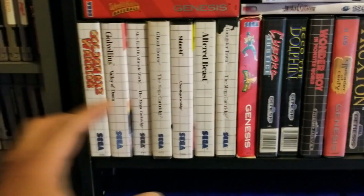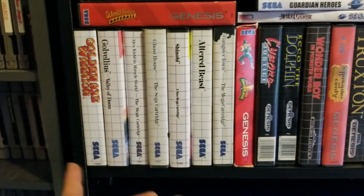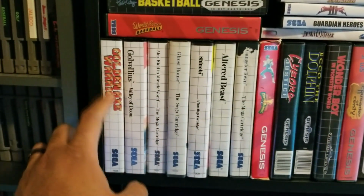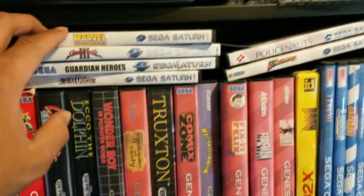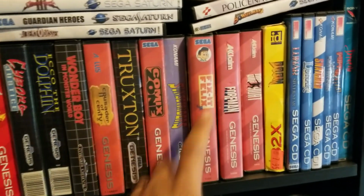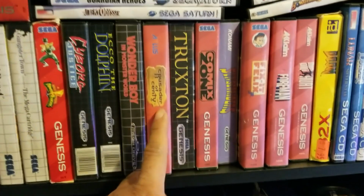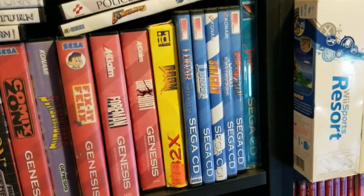Down here is my very modest Master System. Probably I might do a Sega collection, but Golden Axe Warrior by far the highlight of that. These are backups. Fix-It Felix Jr. for the Genesis hack, that was pretty cool. Crusaders of Centy, Sega CD games, and the rest of this is my